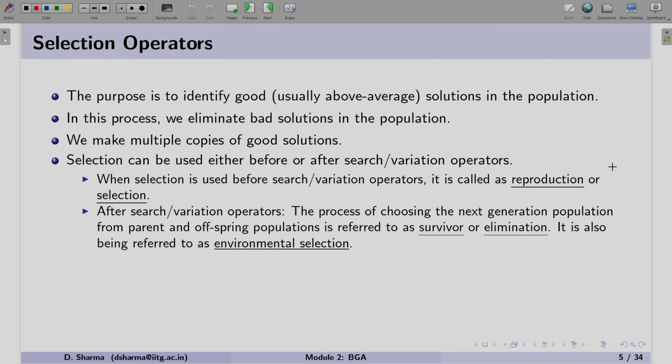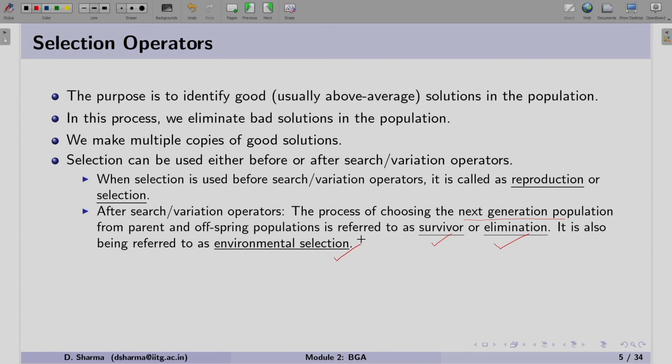Thereafter, if we perform selection after the variation operator, the main purpose is to find the best solutions that will be chosen for the next generation population. This stage is referred to as survival or elimination. Sometimes it is also referred to as environmental selection.